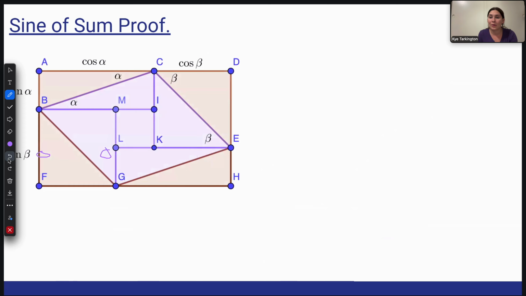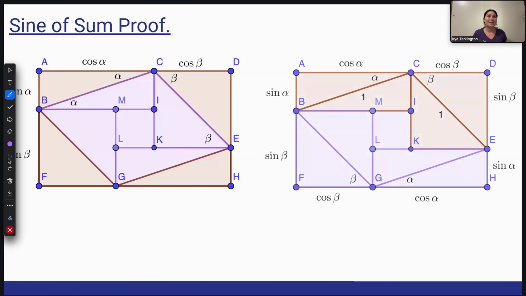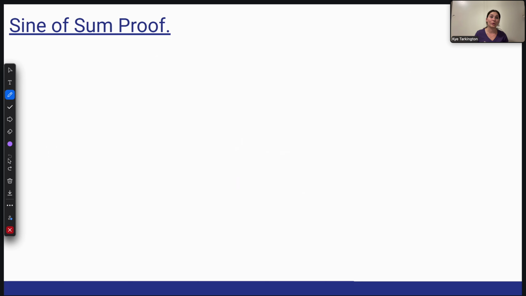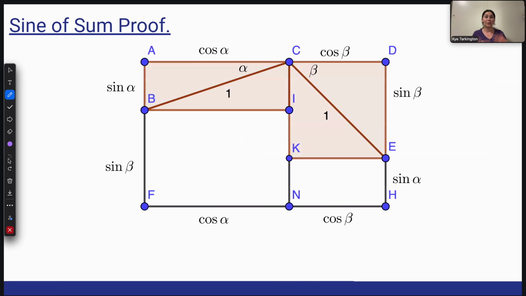And so what can we say when we have equidecomposability? That those two areas are equal by the Wallace-Bolyai-Gerwien theorem. I'm sorry, equal, not congruent. And so we're going to see what happens when we look at what those equal areas look like. We already found our BCEG area, and now we need to find our polygon